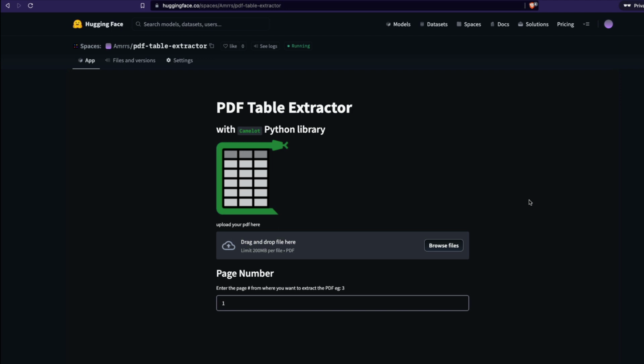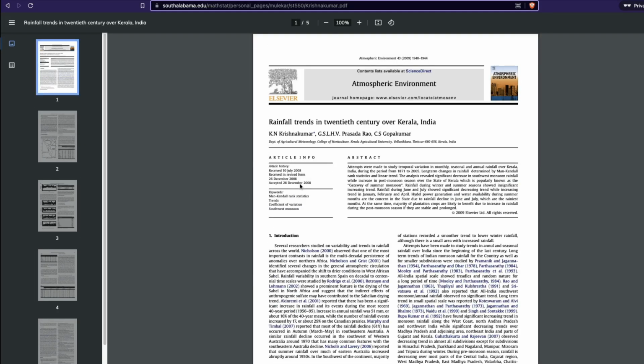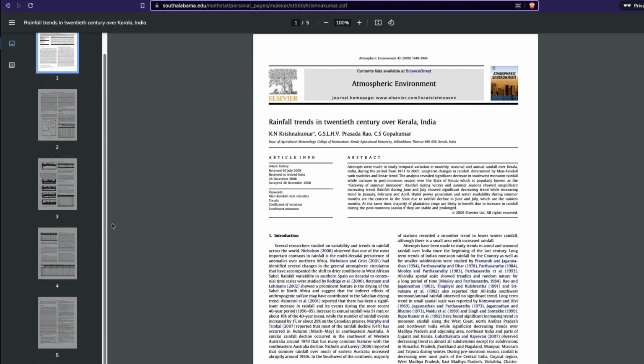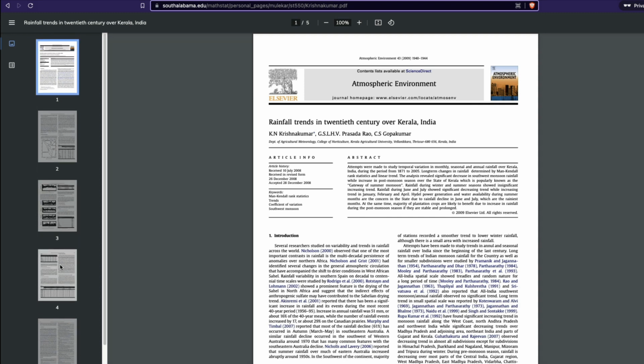Now our objective, and at this point we should be sure that Ghostscript is installed, but we are never sure until we test it out. So I'm going to upload a PDF that I got from the internet. It is from the personal page of probably Professor Krishna Kumar, so thanks to the Professor for having this PDF, and we are going to use this. It has a lot of pages, that is an advantage. It is a PDF of 5 pages. So we are going to upload this and see if we can extract tables from it.